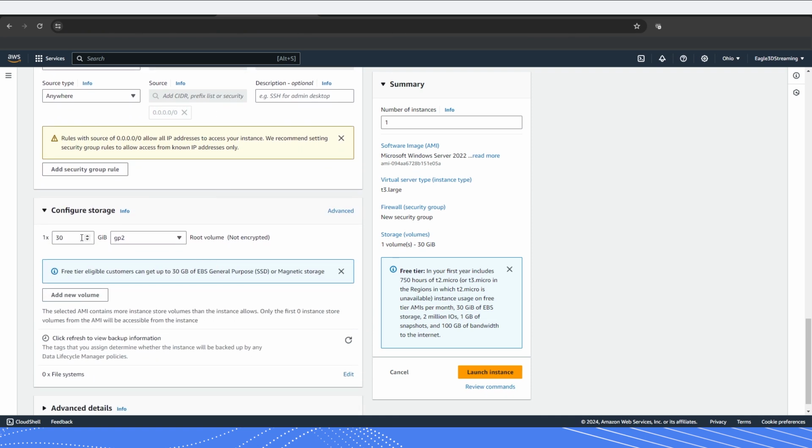Lastly, determine the storage you would like for your multiplayer server. I'm going to do 60 just to make sure I have enough room for my dedicated server, but you could do a lower number depending on how